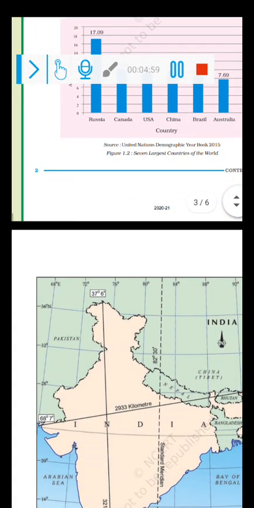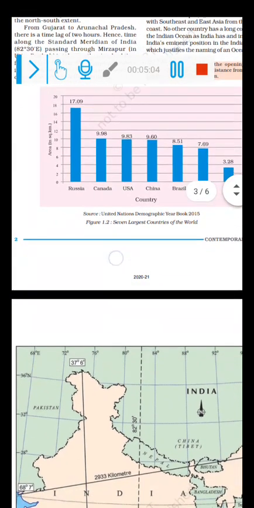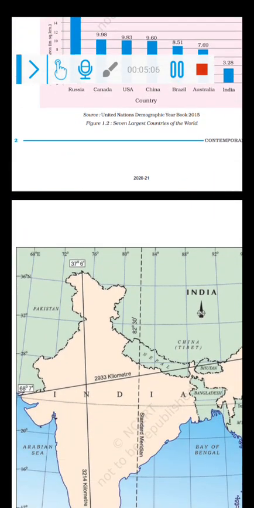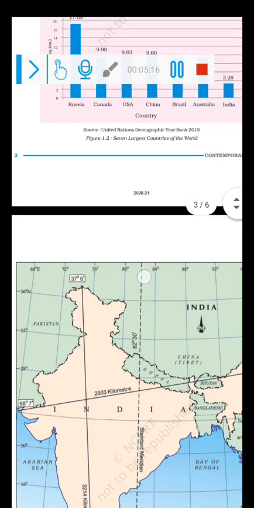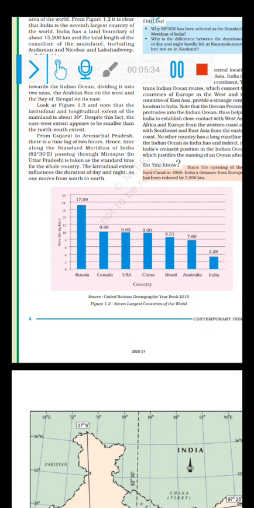Why? Because it is a center. If you calculate, 82.5 degrees is the central most longitude of India. So this is taken as a standard meridian, and whatever time is there on the central meridian is taken for the entire country. So we do not have to change our time after crossing each and every longitude from Gujarat to Arunachal Pradesh. We have to set a time with the time of Mirzapur. So that is the standard meridian of India, the standard meridian time of India.